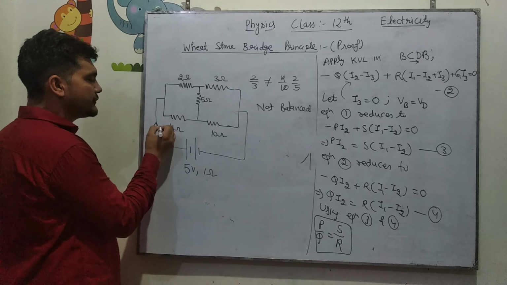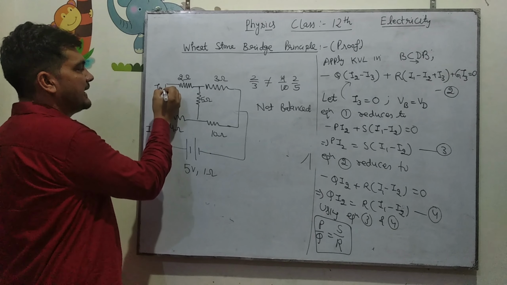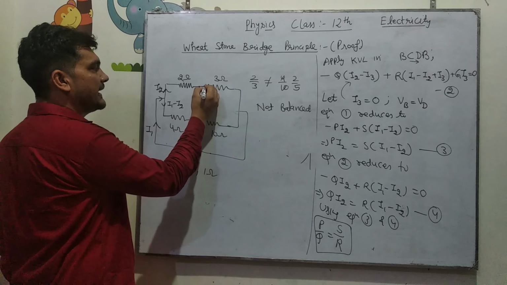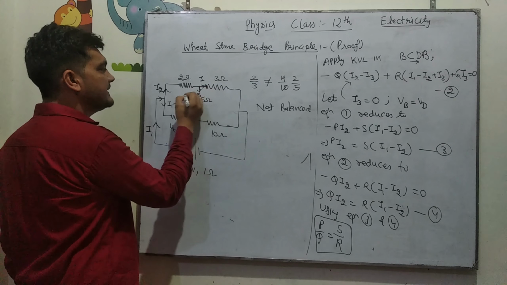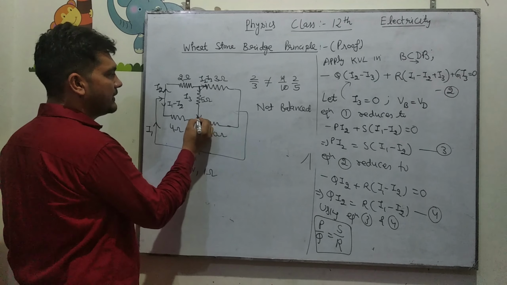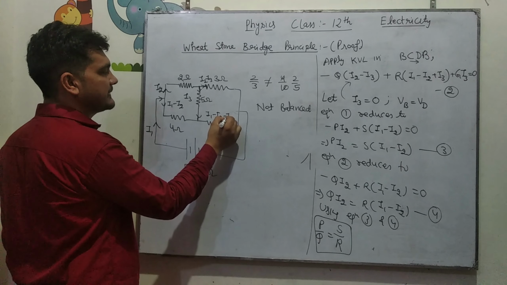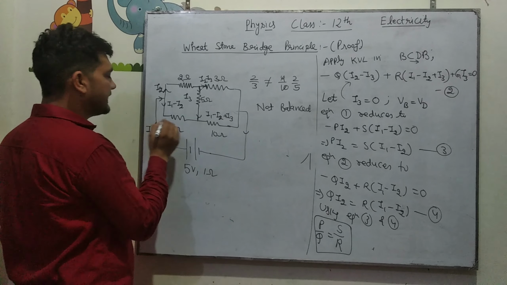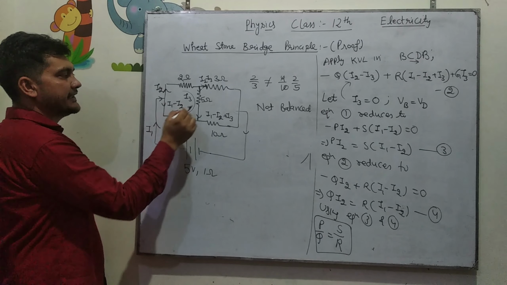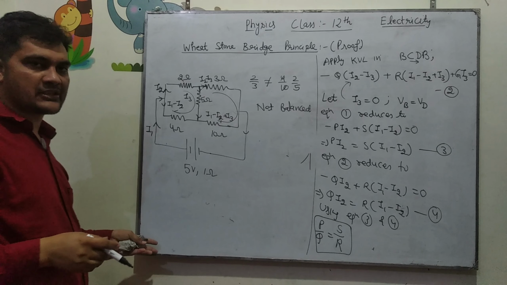Then you will have to assume that current I1 is flowing here. This I1 is divided into 2 parts, I2 and I1 minus I2. This current is further divided into 2 parts. Here suppose you have I3 and in this you have I2 minus I3, and here I3 and I1 minus I2 join to become I1 minus I2 plus I3, and finally the current is I1. So now you apply Kirchhoff's voltage laws in different loops, and you get the equations and solve.